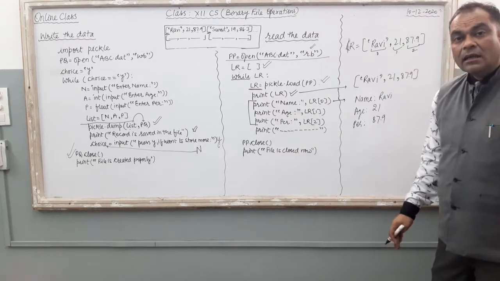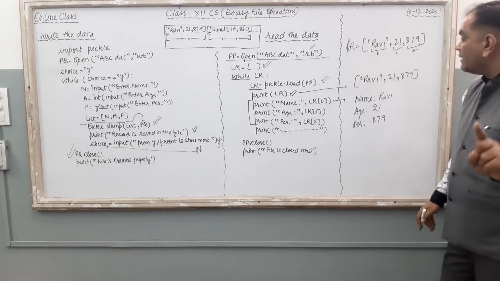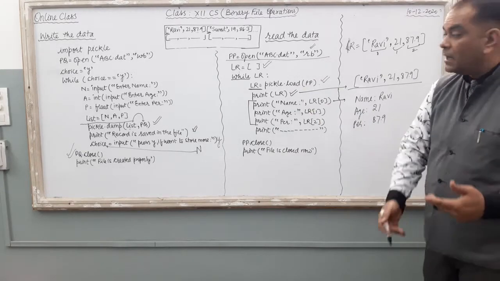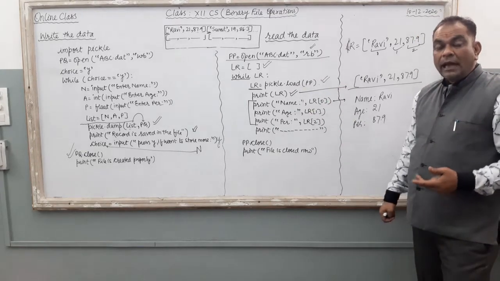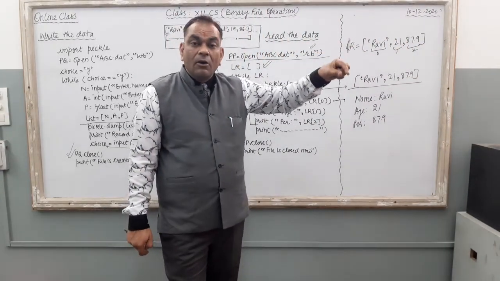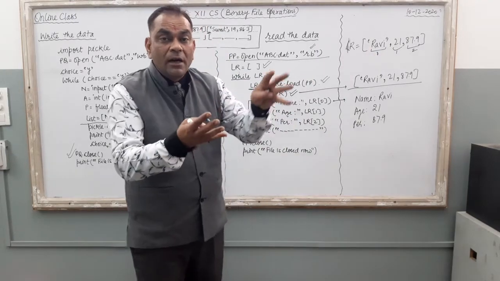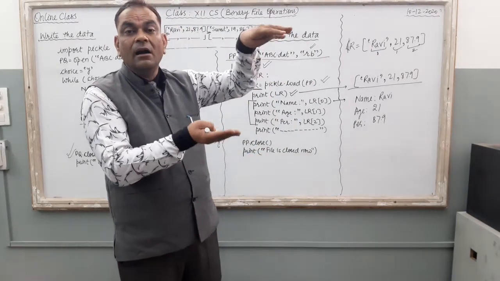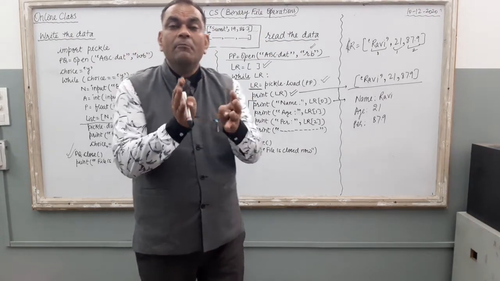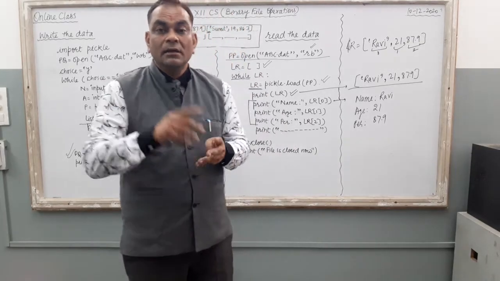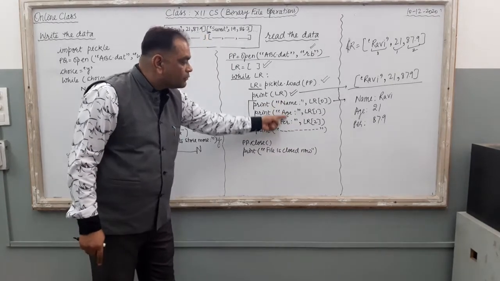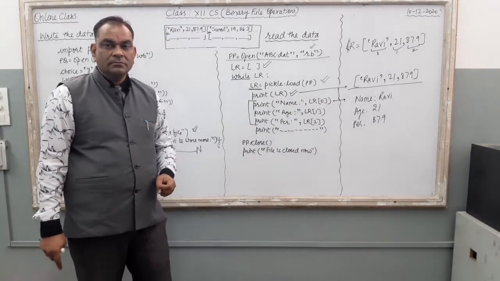If you want to see the whole packet, the whole object in one go, then you can use this command, print LR. If you want to see part by part, then these commands are fruitful for you. And in general life, if you want to search whether a particular record is there in the file, or you want to filter the file, suppose a file contains 100 students' records, and you filter those students having more than 75% marks. Then what do you have to do? You only have to work on the percentage column. For that this approach is fruitful for you, right?